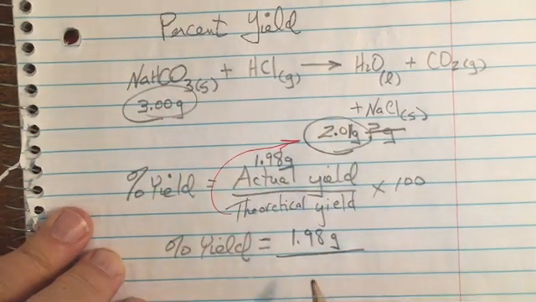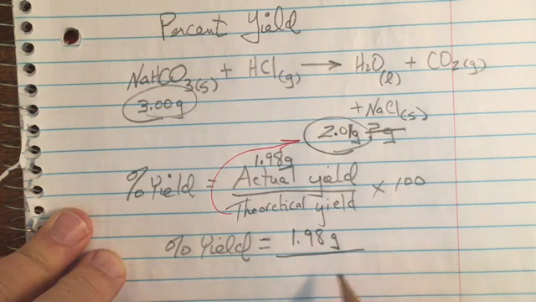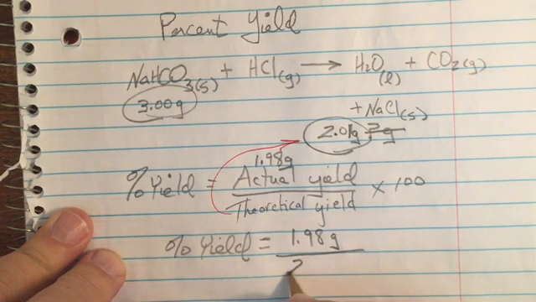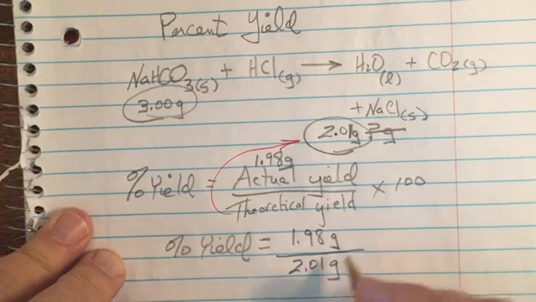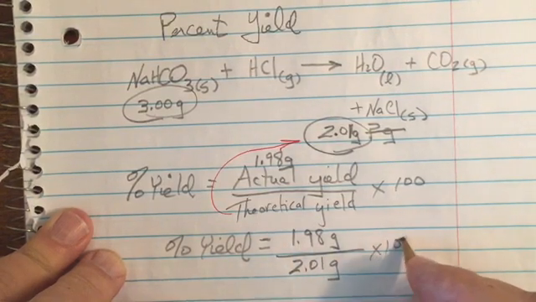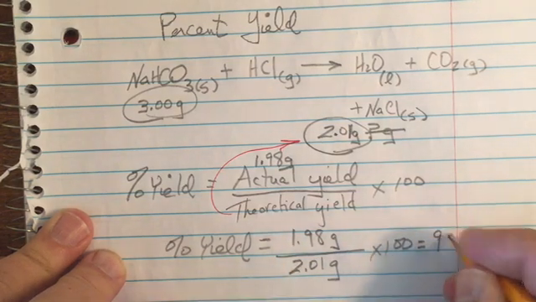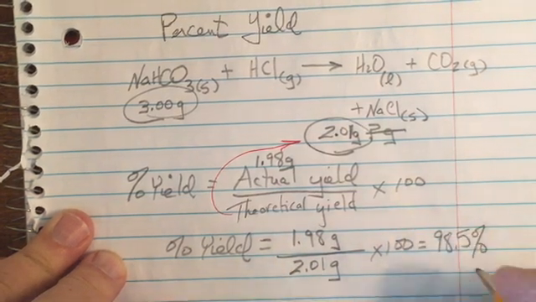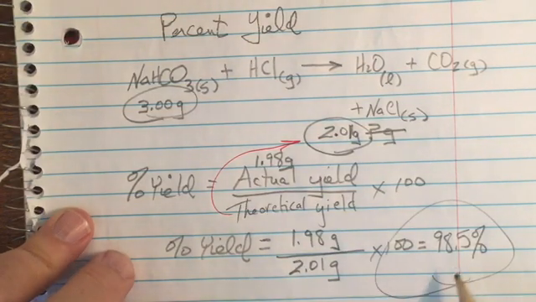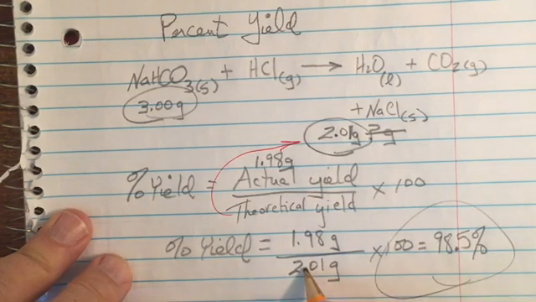If things go 100% perfectly well, which we know never happens in the laboratory, or doesn't ever really happen in chemistry in the real world, we should produce 2.01 grams in theory. This number divided by this number times 100 equals my percent yield. In this example, I would get a percent yield of 98.5%. That means 1.5% of what I should have gotten in theory did not happen for one reason or another,